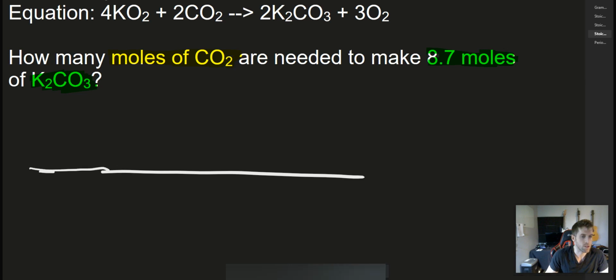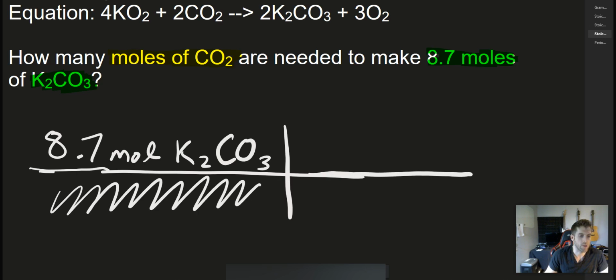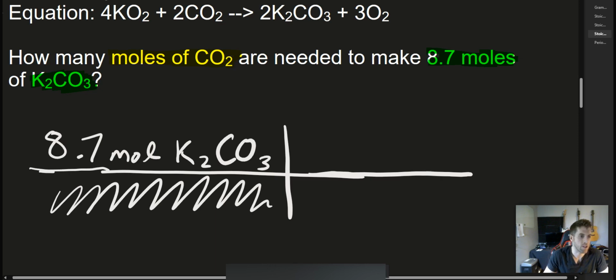Let's put out, we have 8.7 moles of K2CO3. Perfect. We don't need to put anything on the bottom left. You'll notice this is a common thing in stoichiometry. On this bottom right, we need to cancel out this moles of K2CO3, so we need to find the balanced equation